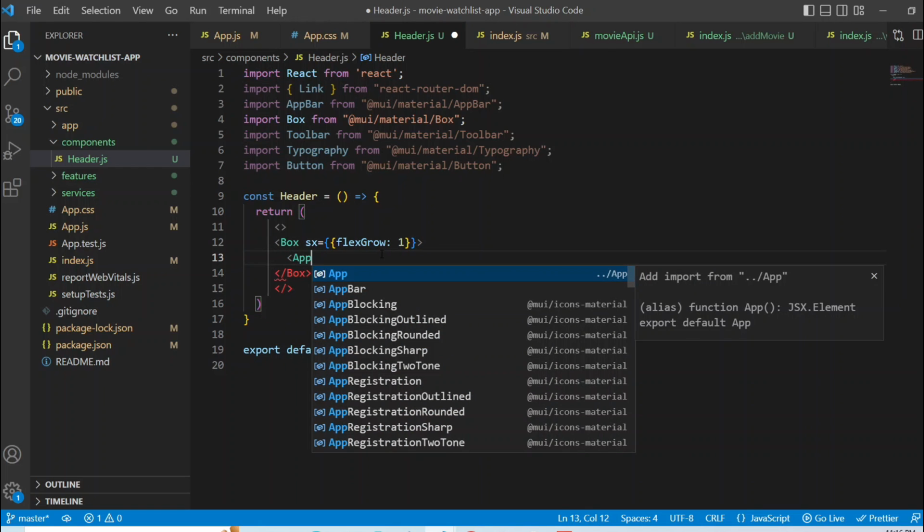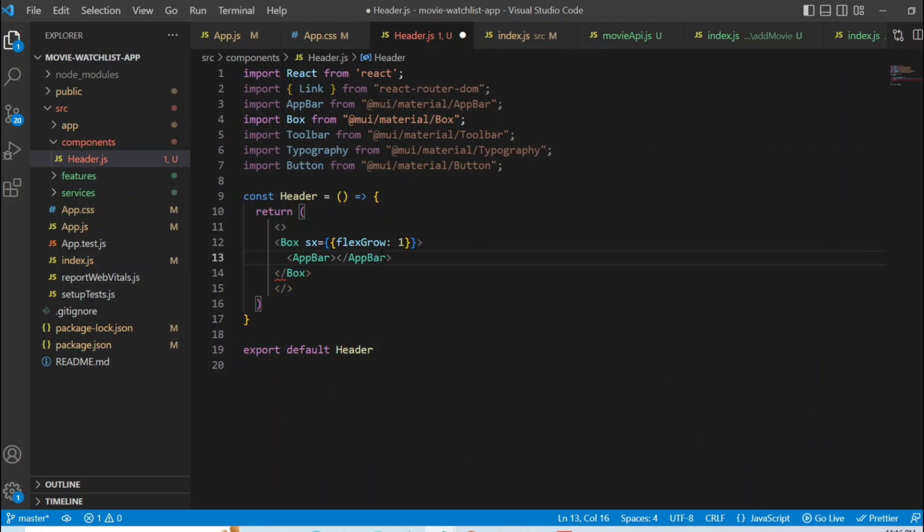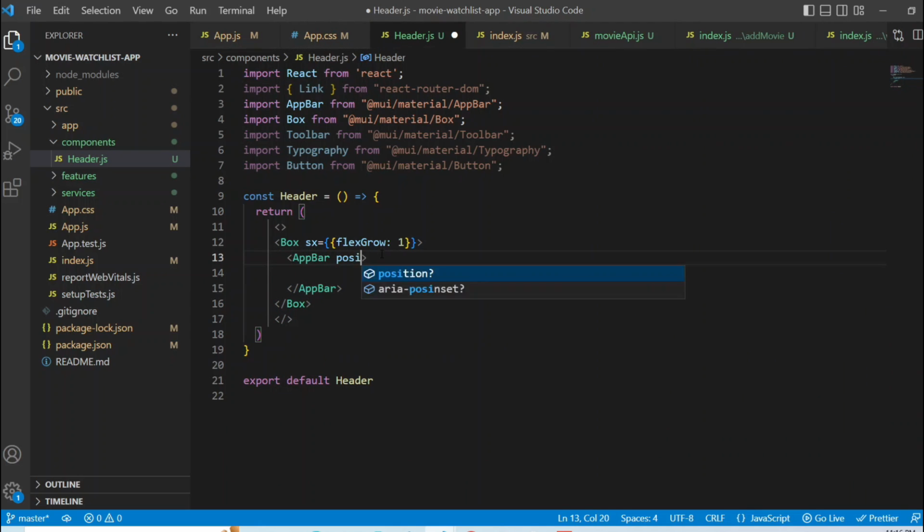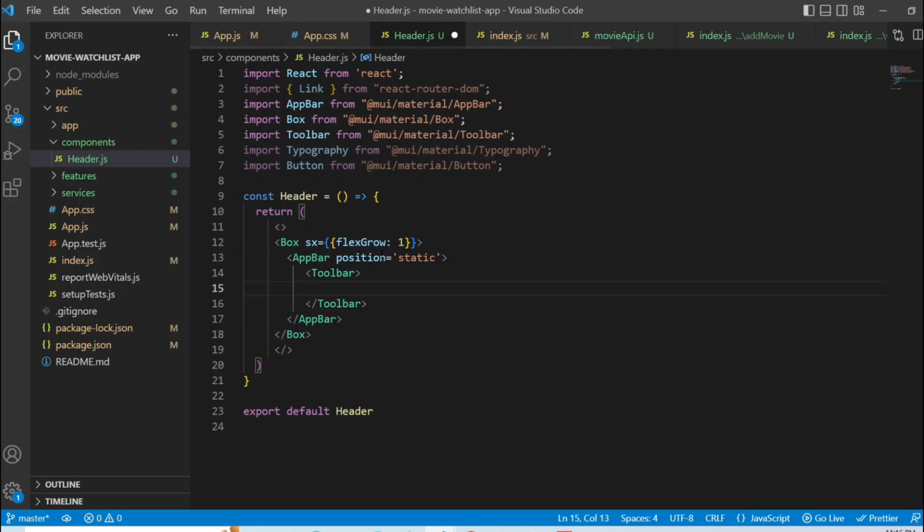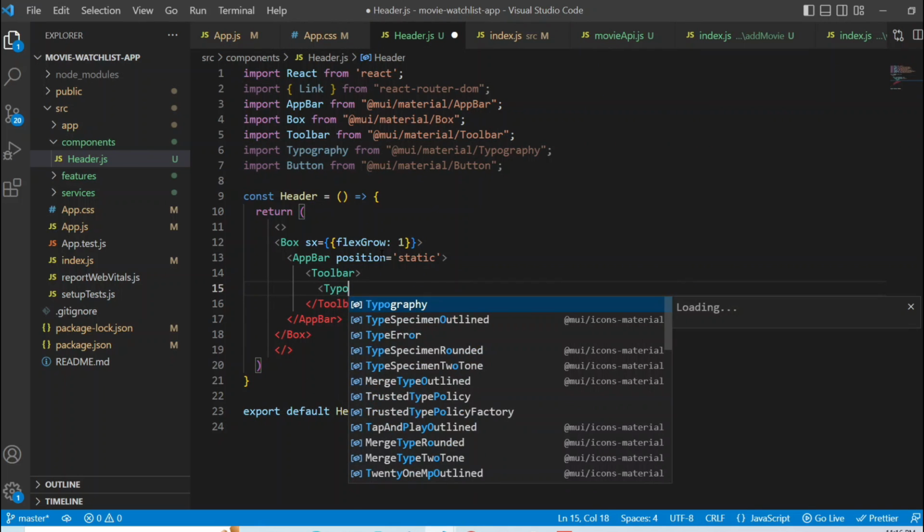Then I'm going to use AppBar, and I need to give the position static. Inside AppBar we are going to have a Toolbar, and I'm going to use here Typography,